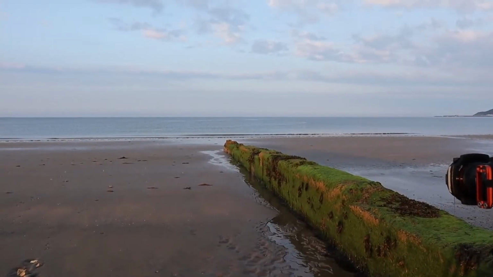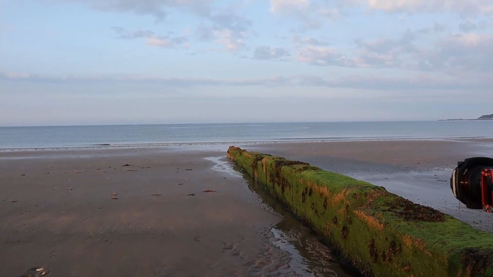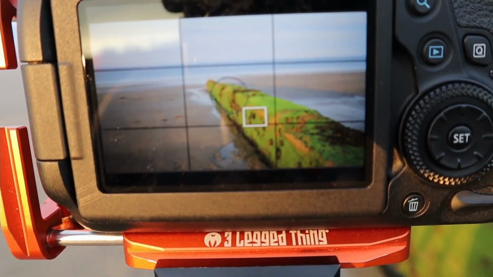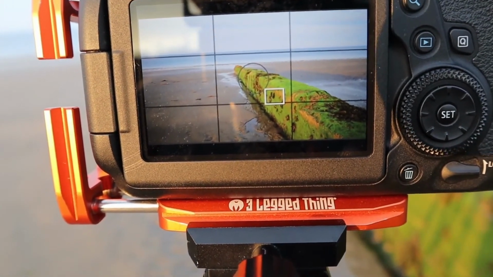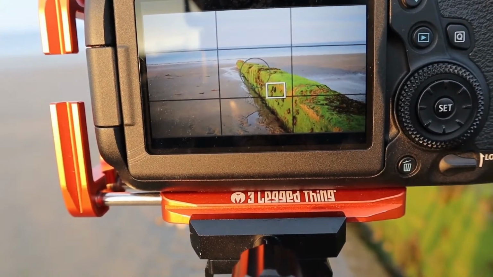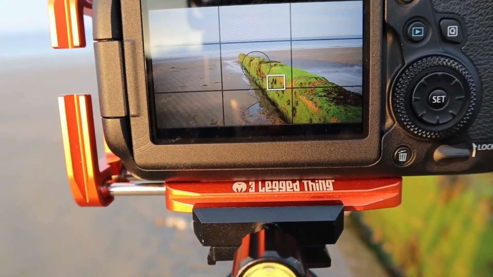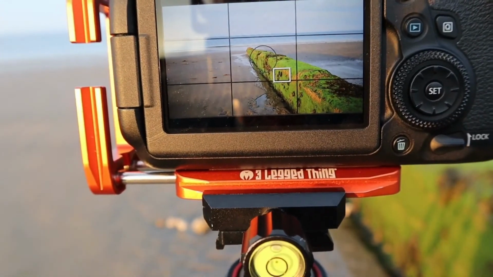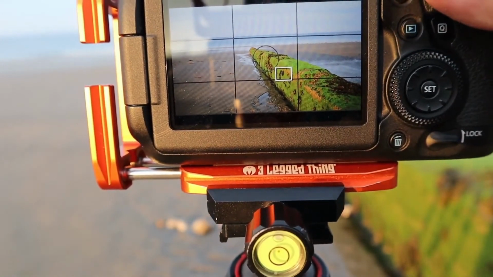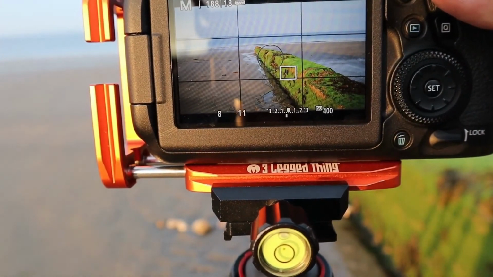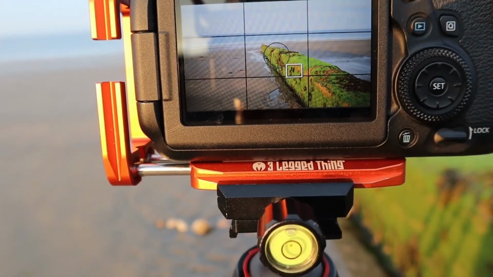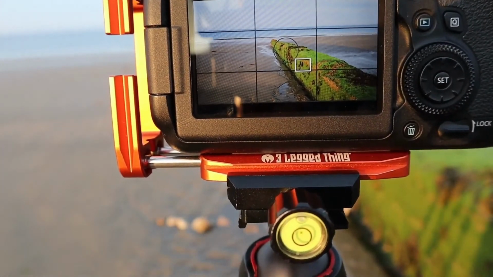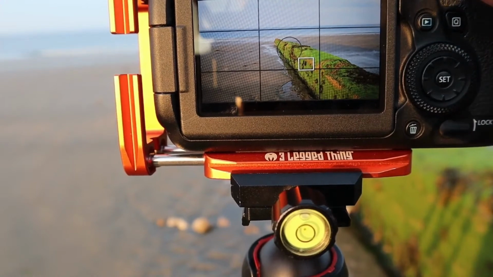So the sun's now shining quite nicely down across onto the groin that's popping out there. So I'll show you what I've got on the back of the camera. So that's what I'm looking at, with the groin coming in from the left hand side, the sun shining on it. I'll probably photo stack these on top of each other. I've taken one, they're both at, oh, taken three actually, all at f11, focusing, you can see the focus point just there, with f11 it should all come into focus, and on the histogram